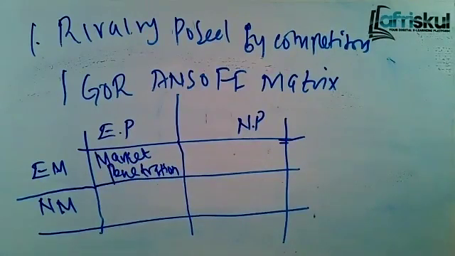Which strategies do you use to achieve market penetration? For instance, you can do aggressive advertising. You advertise a lot. You can give discounts. You can give giveaways, free trials. Sometimes you can give free trials. You can rebrand. Anything that helps you to capture that market. Price reduction. Those are some of the strategies that help you to achieve market penetration.